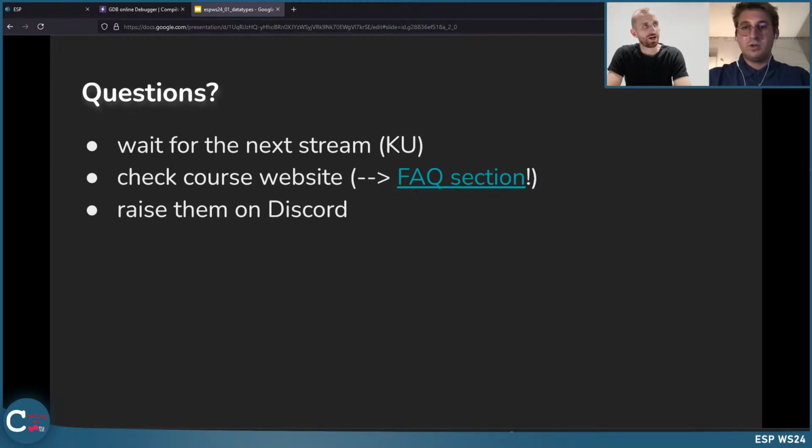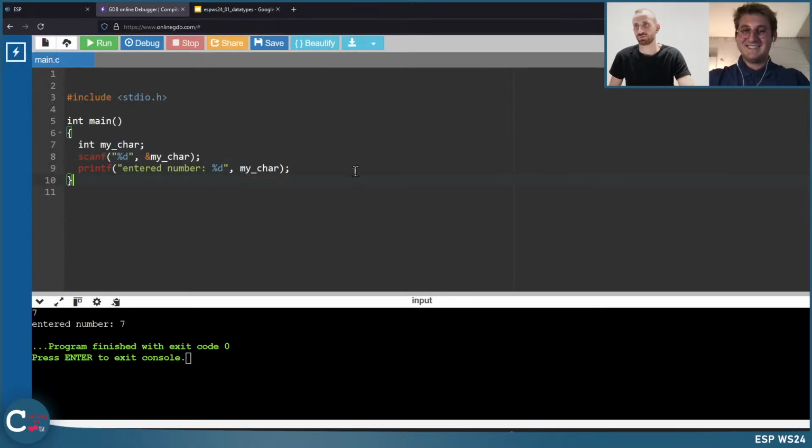But I would say especially in C, I would recommend to initialize it. And if you don't know what value should be there, just initialize it with 0, because otherwise you don't know what's in there. Maybe I can show you that.